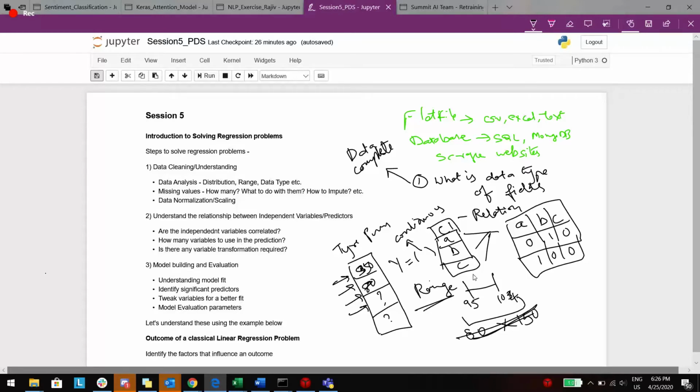And also one more important aspect which we need to look at is data scaling. So for example, let me clear this up a bit.